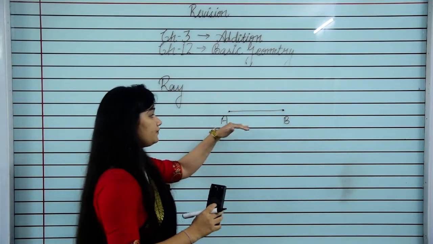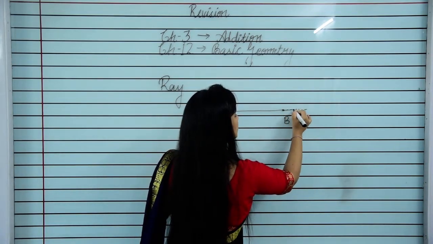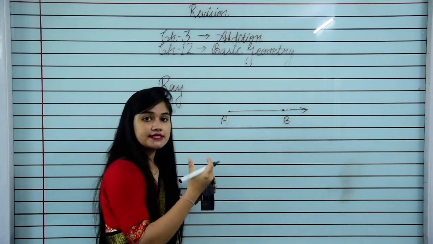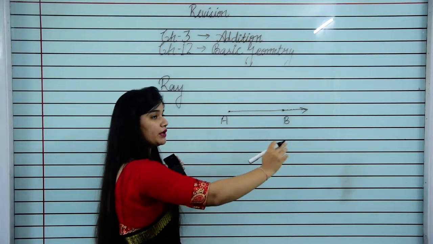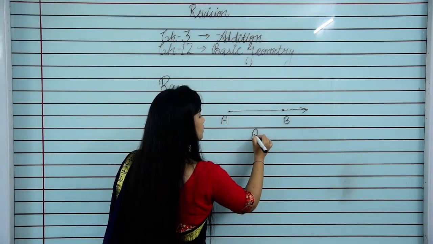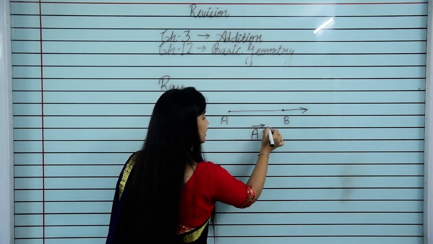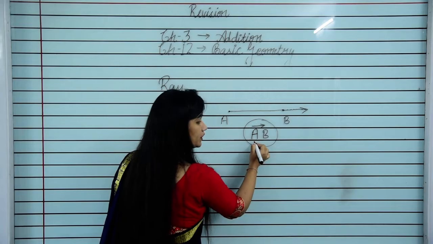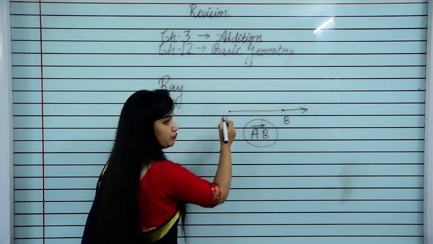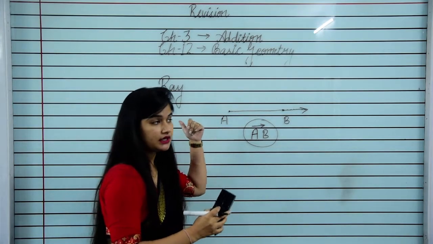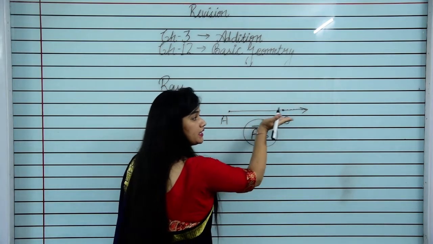So students, if I take a line segment and I am extending this line segment in this direction, मैं एक लाइन सेगमेंट लेके उसे एक डायरेक्शन में आगे एक्सटेंड कर दूँ, उसे आगे बढ़ा दूँ, then I get a ray. तो मुझे क्या मिल जाएगा? एक रे मिल जाएगा. And how I can show a ray? To show a ray I have to write AB and I have to show an arrow. Now this is the end point, इससे आगे हम इसे नहीं बढ़ा सकते and the arrow is showing this ray is going in this direction.